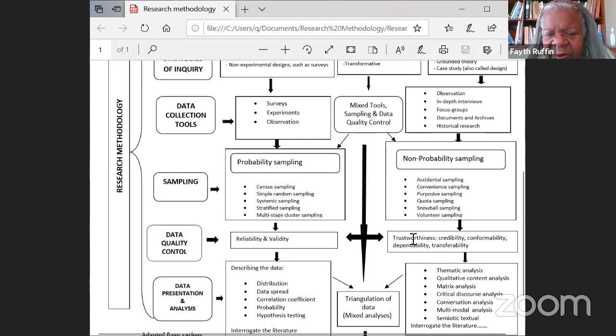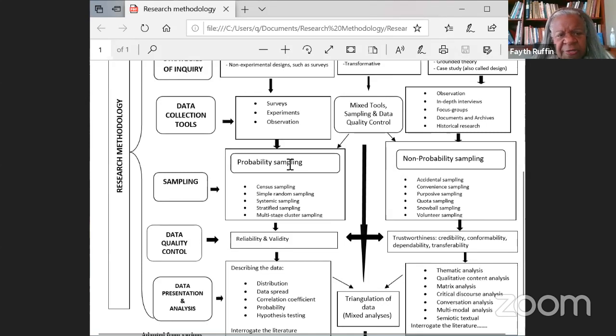So, to think about trustworthiness and these pillars of trustworthiness, we want to know, will the findings of this study that we've conducted be transferable to other similarly situated locales in different countries on different continents? Or is it only limited to one particular community because there's a small sample size? Qualitative research means that you use different types of processes and procedures, and it has its own merits. So that's a whole other discussion by itself. So I think I won't belabor that for right now. But I just want to say that